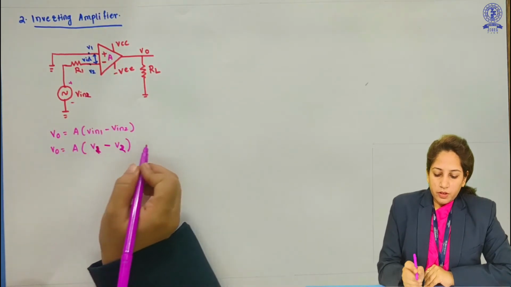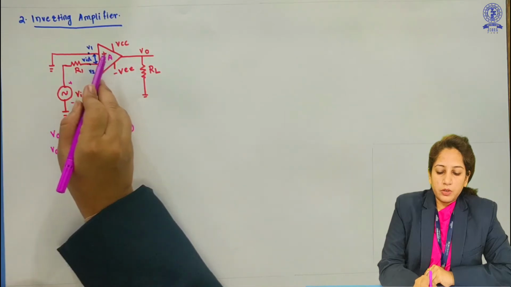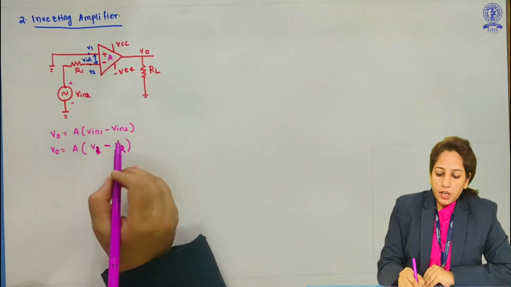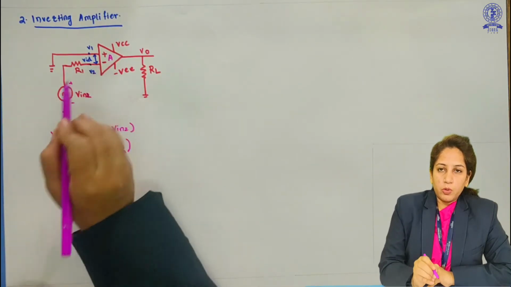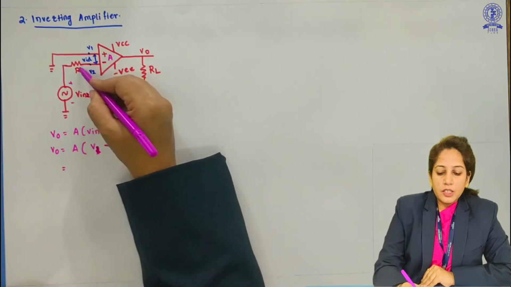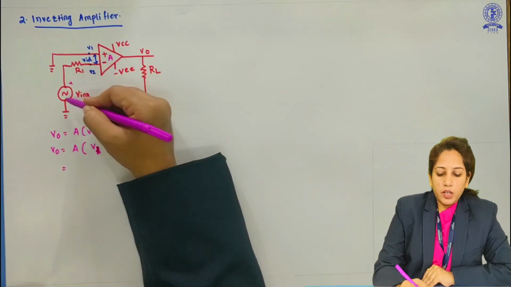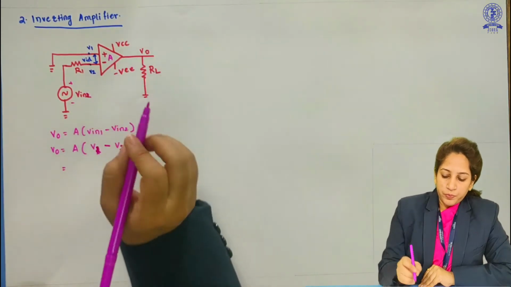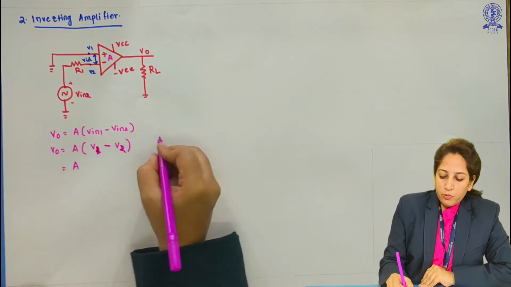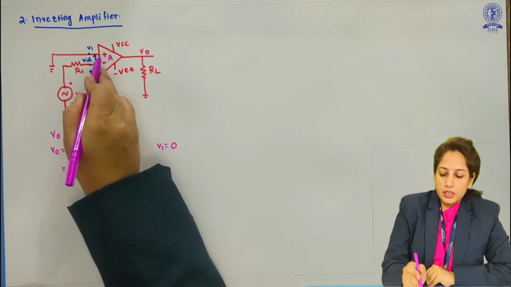V1 minus V2. So V in 1 will be an applied voltage, which is not given here. I have grounded here, and that is equal to V1, and V in 2 I have applied to the inverting terminal. As I have told, this is a very negligible resistance, so voltage drop will be very less, and so V in 2 will be equal to V2. So here, gain multiplied by, now V1 is equal to 0, as this is grounded.